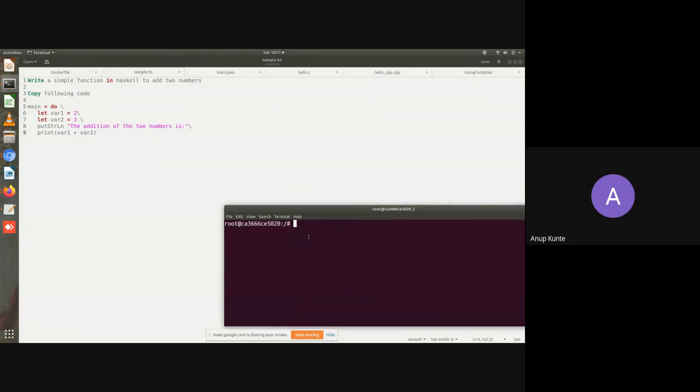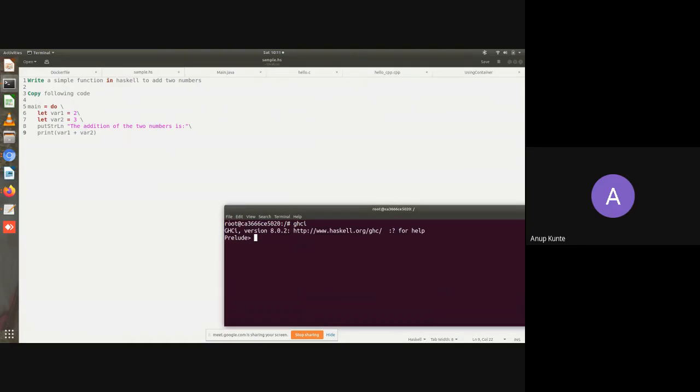So if I run ghci, it will prompt me with the exact prompt that you got yesterday, Prelude. Since I'm running it the first time, it may take 10-20 seconds. So I've got this Prelude. The GHCi version that we're using is 8.0.2.